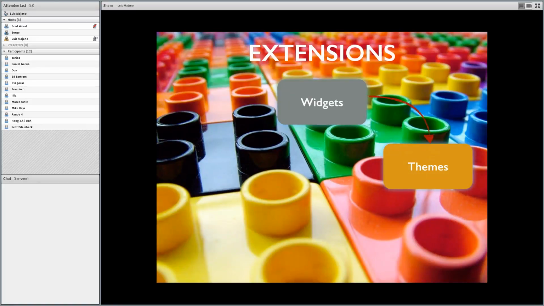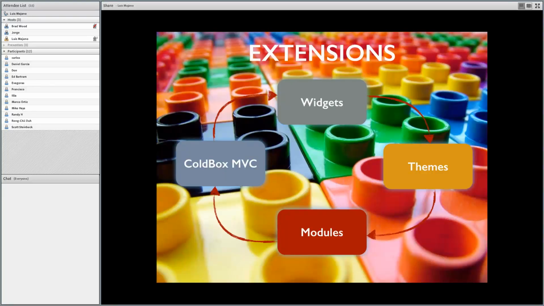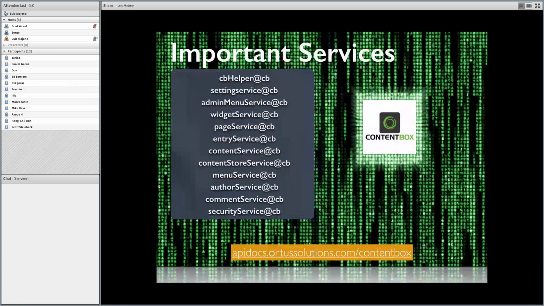Then on the right-hand side, our favorite CLI tool is CommandBox. So CommandBox, as the CLI, can power and create many things, from installing ContentBox to, in the future, updating ContentBox, and also installing many of the features that we'll be seeing today. Our preference, obviously, is CommandBox due to its scriptable approach and also very handy in the CLI for developers. Now, what can we extend in ContentBox?